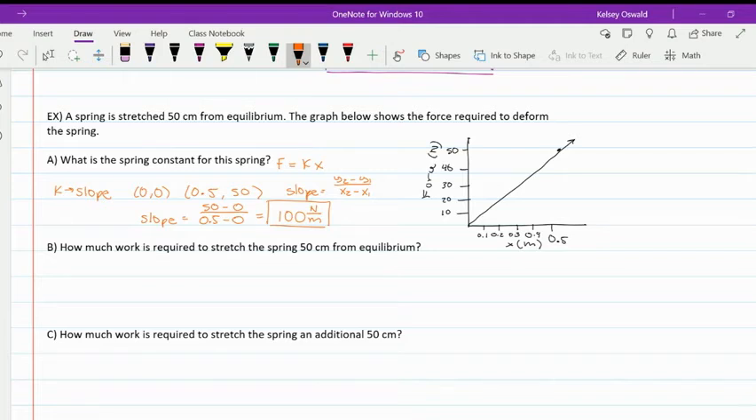So then in part B, we want to find how much work is required to stretch the spring 50 centimeters from equilibrium. Okay, so a big idea here is if we want to find the work done from a force versus displacement graph,